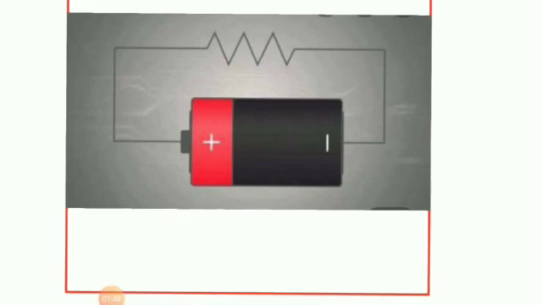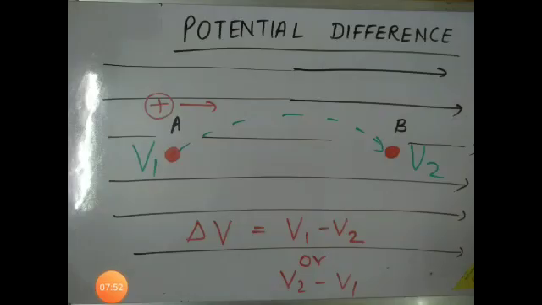Here you can see a charge, battery. In the previous slide you saw a battery which has two terminals, positive and negative. On the negative terminal there is an accumulation of charges, so as it increases, due to repulsive force it will push charges outward. So charges will start flowing from negative to positive terminal, and that creates an electron flow. In the opposite direction, electric current will start flowing from positive to negative.